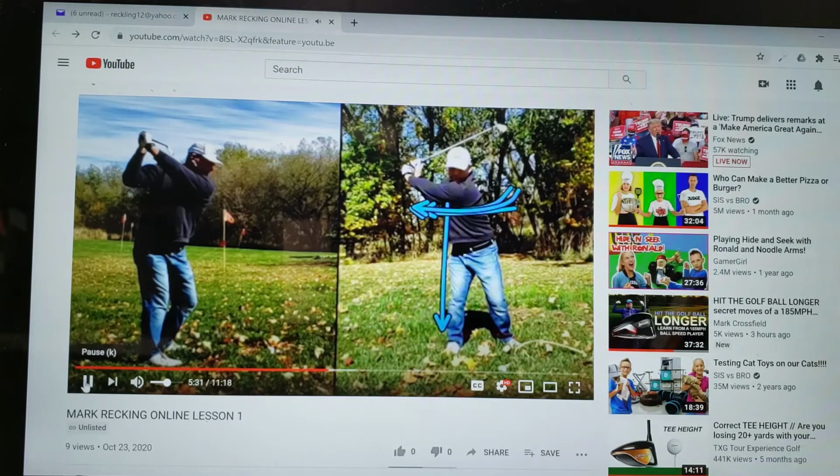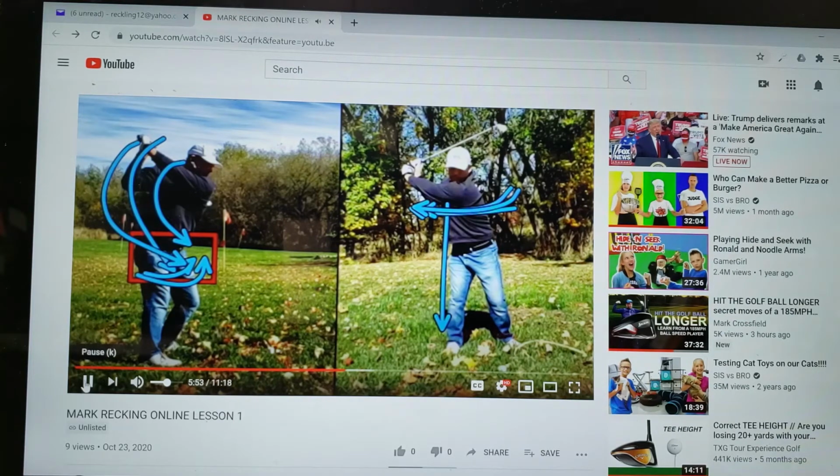And then what will happen is as you start the downswing, from the top of the backswing there, rather than the hips being so outset there, they'll actually be a little bit more closed, and you start the downswing with those hips, then followed by the shoulders, then followed by the arms, then followed by the release of the club. That will in turn, it's amazing how all these things tie in,